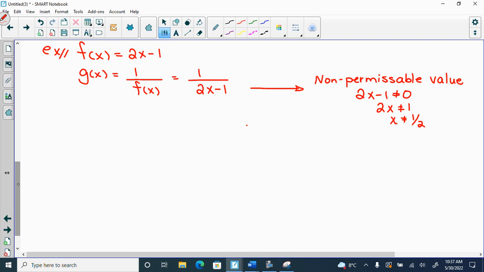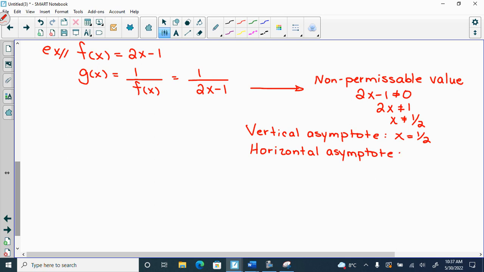So where's my vertical asymptote at? 1/2. What's my horizontal asymptote at? For every reciprocal function, y equals 0, the x-axis. So if I went to sketch this,